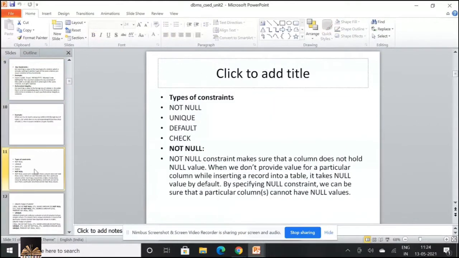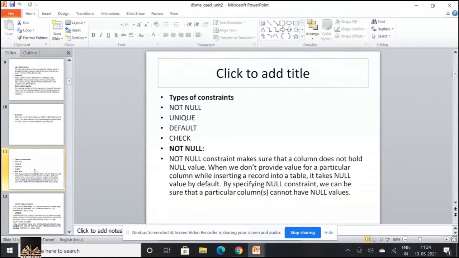Okay, so the same example. Now, talking about other forms of constraints, you have got not null, unique, default, and check. Talking about not null, it ensures that a column value cannot be null.